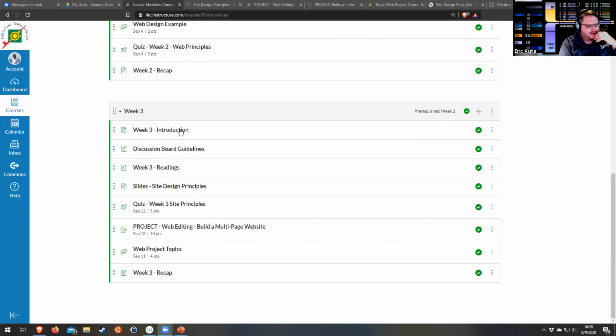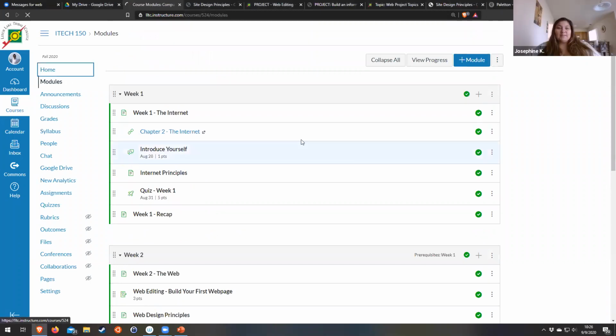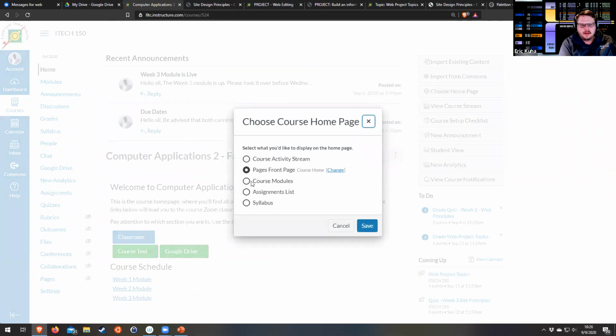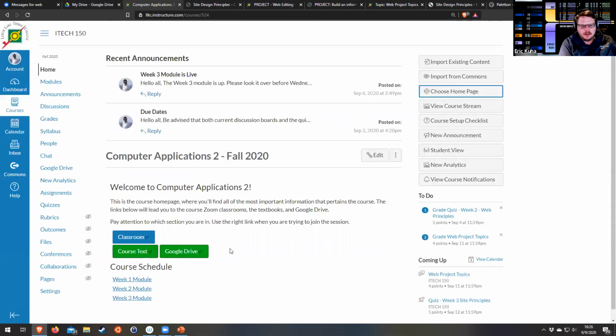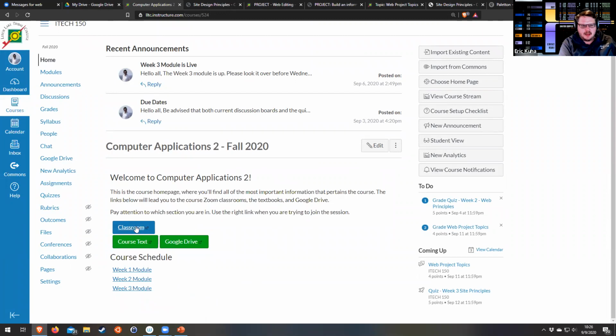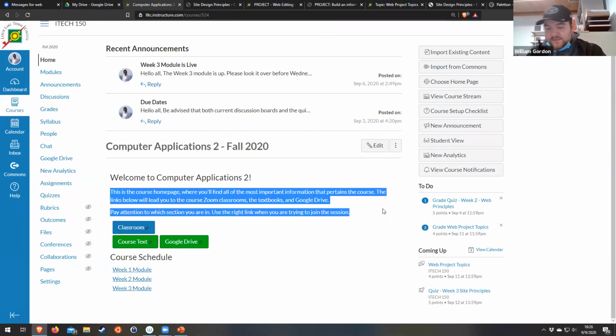Okay. Well, that's one of the reasons why I wanted to keep a home page on here, because I think some people would put their modules as their home page, because I can choose my home page as the course modules. I could have it as the syllabus. I can have it as a specific page. So I just create a home page, and then he needs a link, like that Blue Classroom link. Yeah, this is how I chose to do it. Yeah, that's what he needs. But if you want to use your phone,